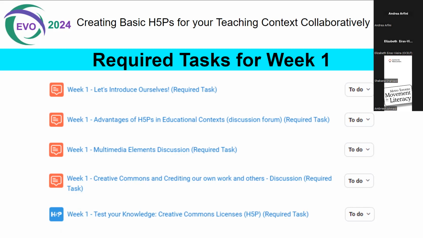And well, remember that some other tasks for week 1 just need for you to view. For example, the general overview or the detailed overview of the course, some references to Creative Commons licenses where you got the videos and infographics. They are just activities that you need to view. As long as you click on them and have a look at them, the activity will be marked as done. Exactly. And that's an easy task to do.